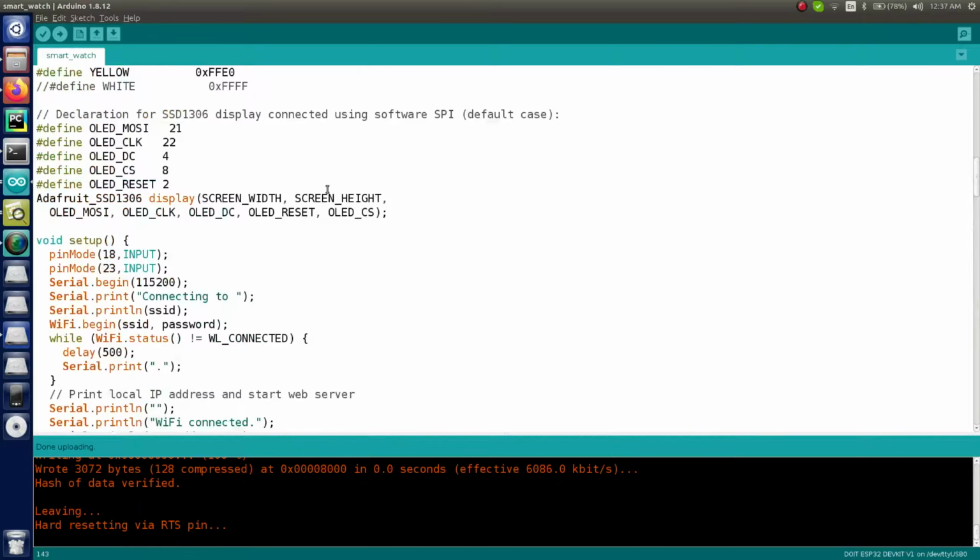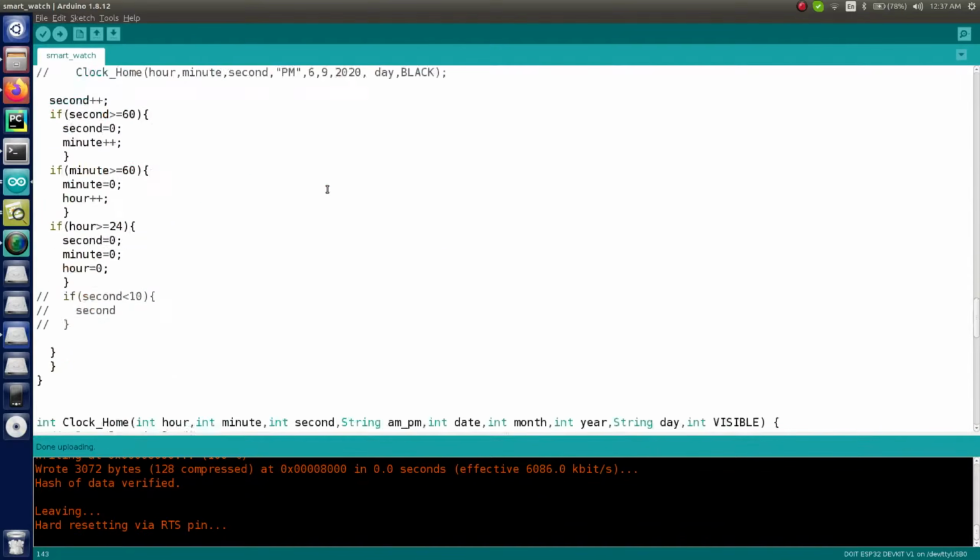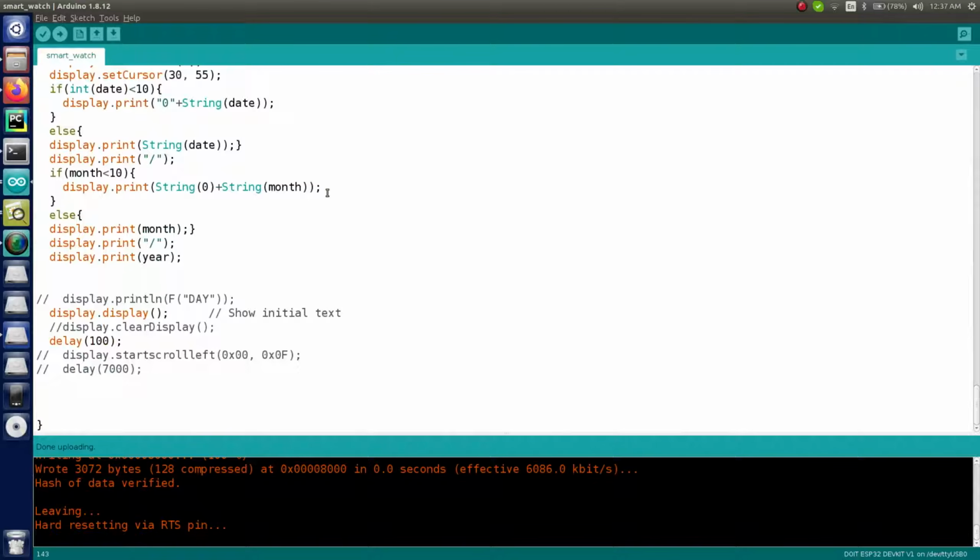So here you can see this is a program which I have already shown you in the previous session, and I have even explained that, so that you can further make your smartwatch into an actual smartwatch as well, right? Because right now we are not using the industrial level of components, which are known as SMDs, the surface mount devices. So you have to use them, and after you are done with the assembling part and the soldering part, your smartwatch is ready. So that is what exactly we have done in the previous session, right?